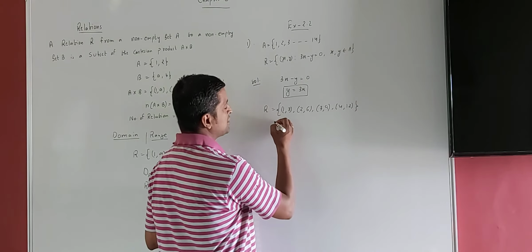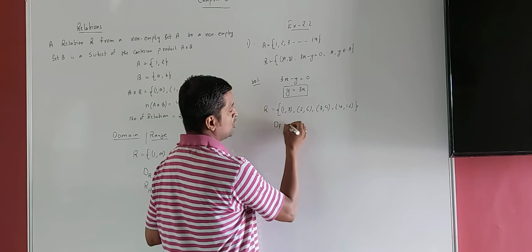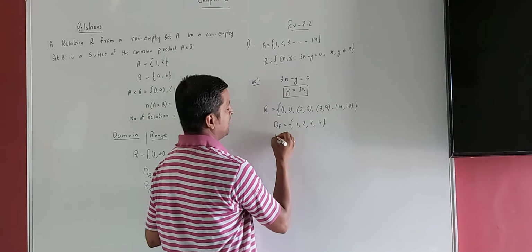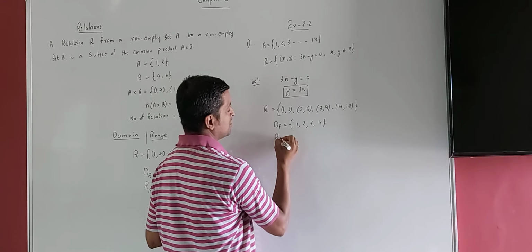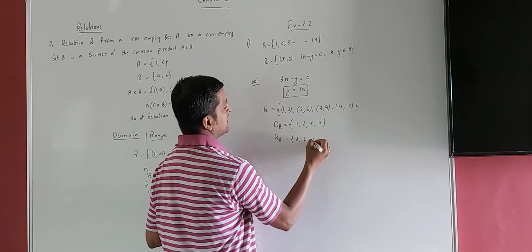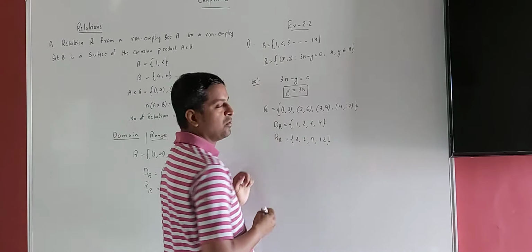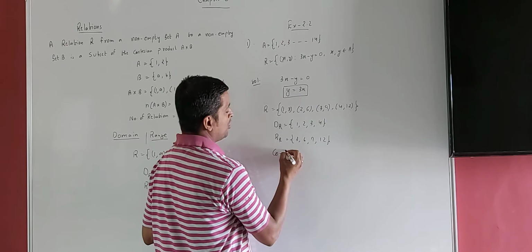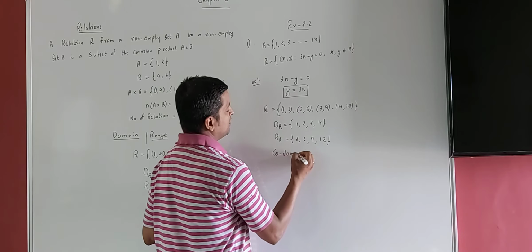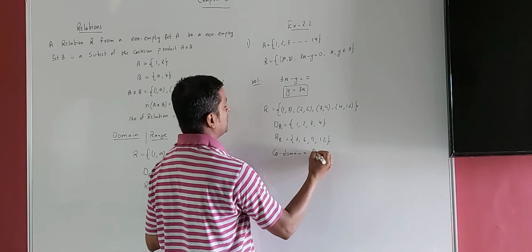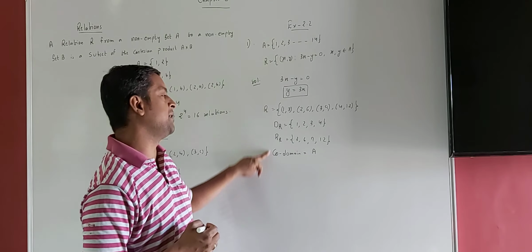Now if I ask you its domain, the domain is the value of x: 1, 2, 3 and 4. Now if I ask you its range, it is 3, 6, 9 and 12. So this is domain and range. Now its codomain. Codomain is always the given set. Whichever set is given, set B is always the codomain. So this complete set A is the codomain. So in this question only 3 parts I can ask.